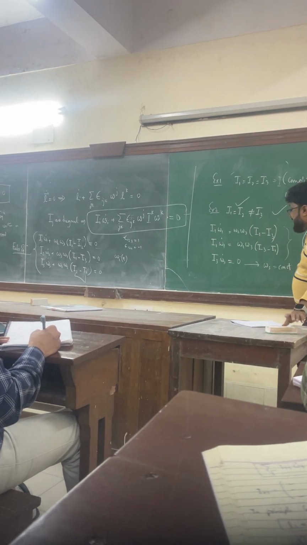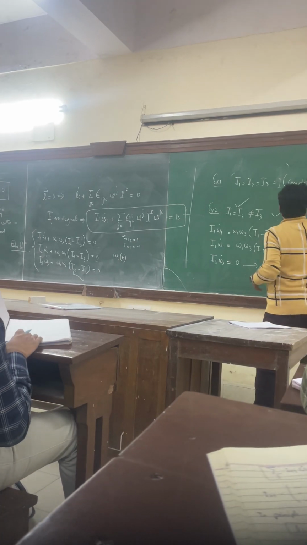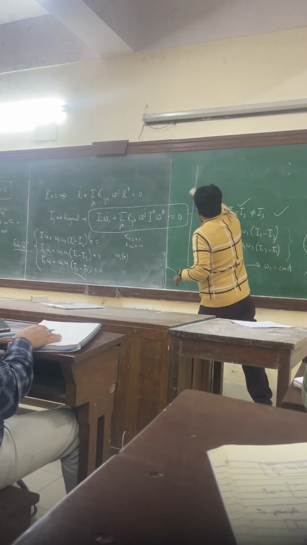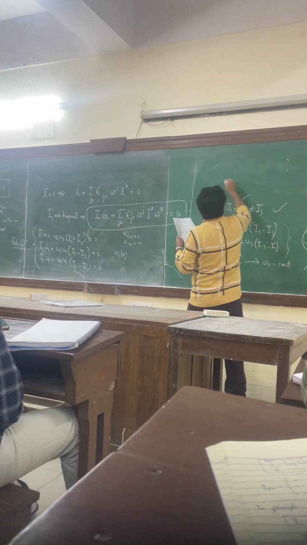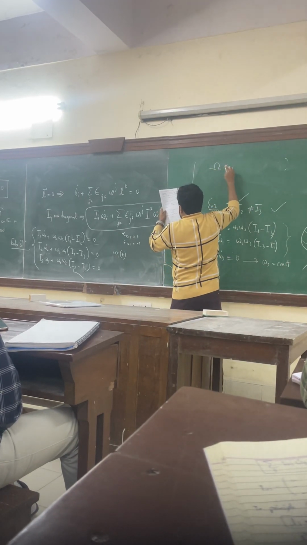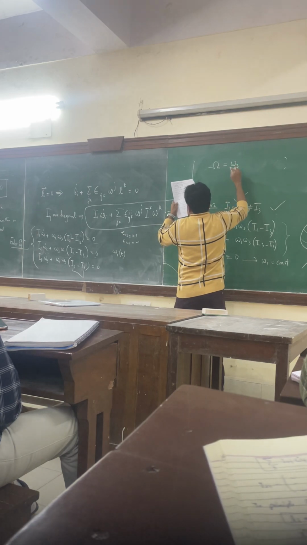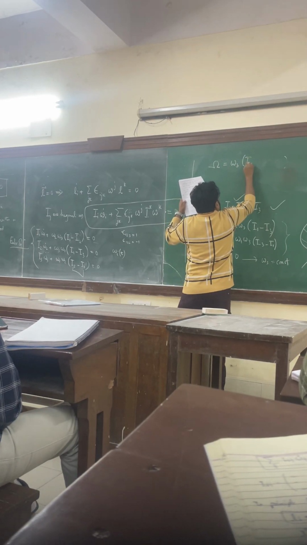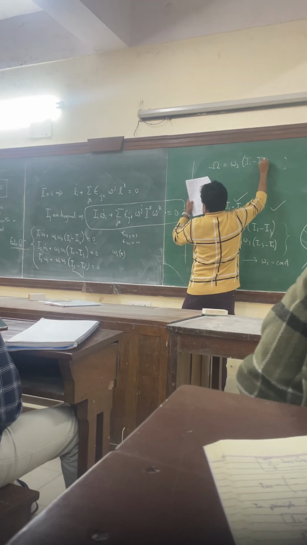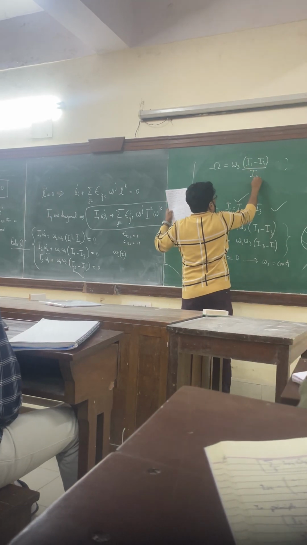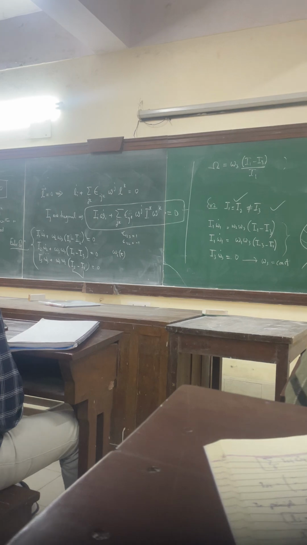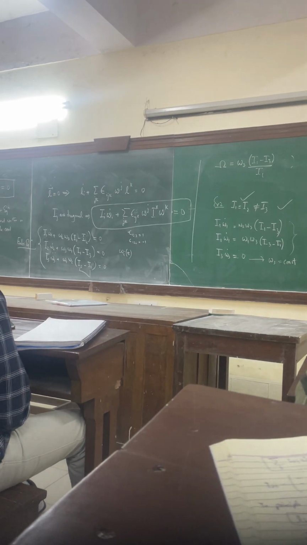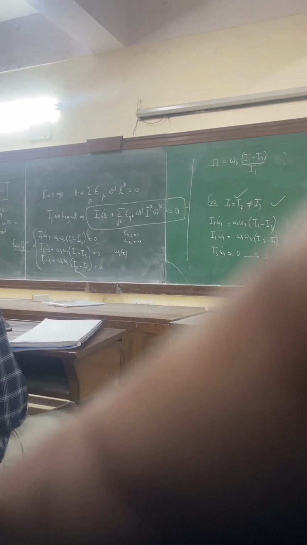I will just let you observe that they are very easy equations. I will define a quantity omega, which is equal to omega 3 times (I1 minus I3) by I1. If we do that, I1 minus I3 by I1, then